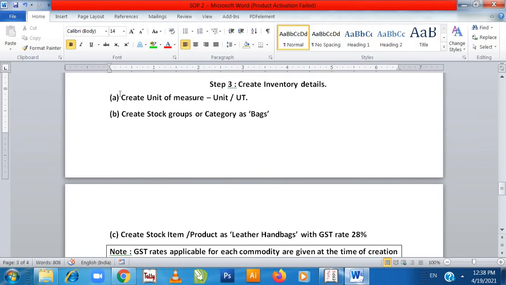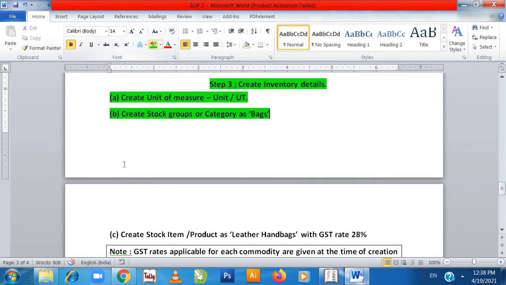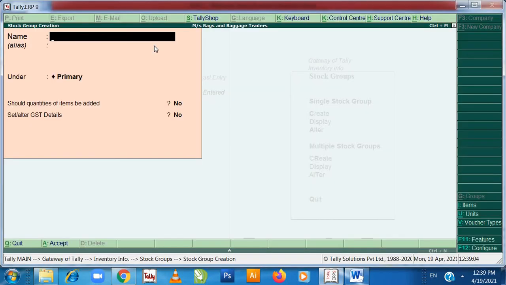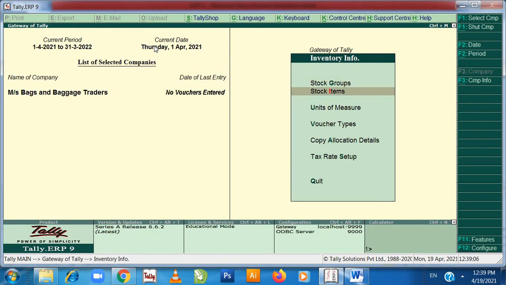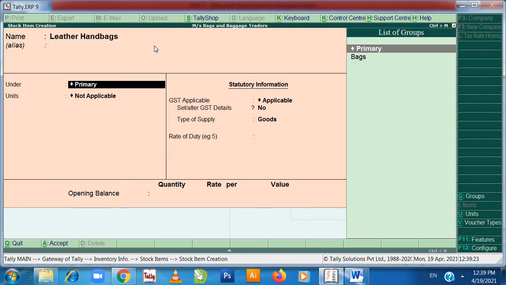We'll see the question. So in inventory details, we had done these 2 steps, create units of measure UT, create stock group as bag. Now we have to create stock item product as leather handbag with GST 28%. So go to stock items, create. The name of the stock item is leather handbags. Press enter.